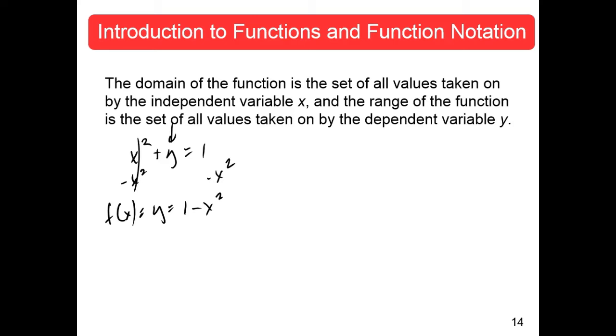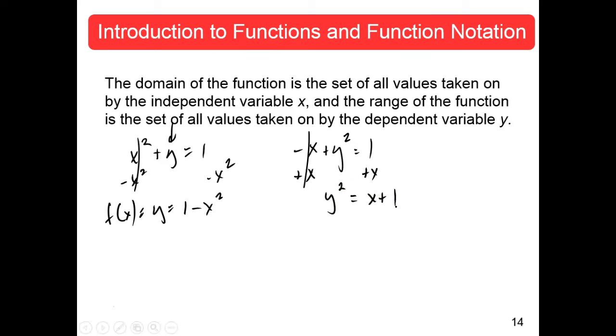How about this one? This looks pretty similar. Minus x plus y squared is equal to 1. Can that be expressed as y as a function of x? Okay, how would you do it? Solve for y. Good. So how do we do that? Add x to both sides. That's a good start. Okay, so that would give me y squared is equal to x plus 1.